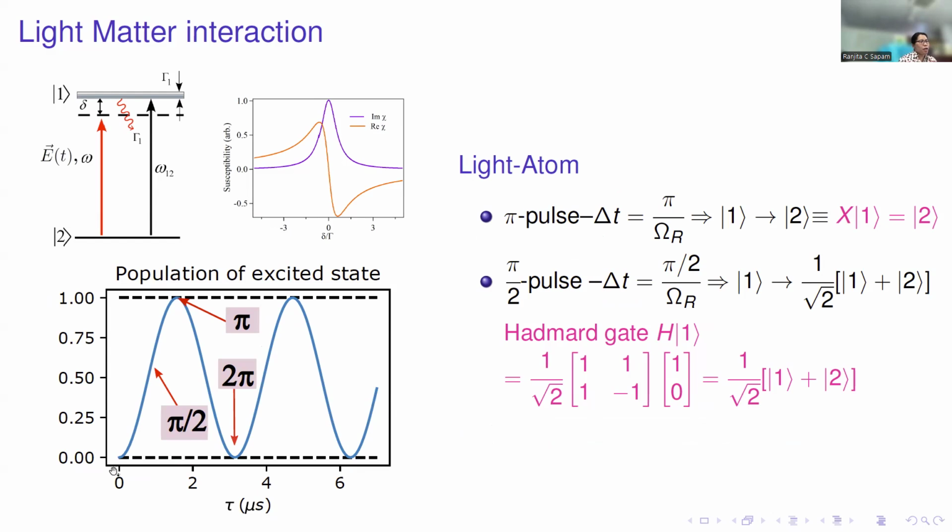I prepare my state in the ground state, and I want to flip it to the excited state, which is called an X gate. In this example, I have given a single qubit gate. This is an example of the single qubit X gate, which will flip my population from one state to the other and vice versa. And there is a time where I mark it pi by 2, at this particular point of time, there is an equal superposition, because it's 0.5, right? Equal superposition of the excited state and the ground state. This gate is called the Hadamard gate.